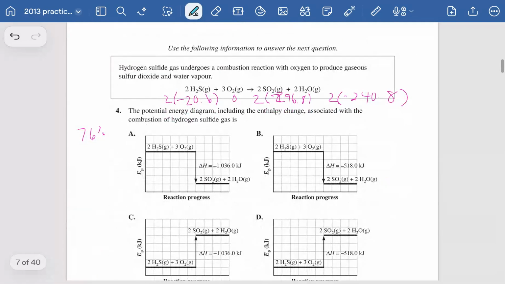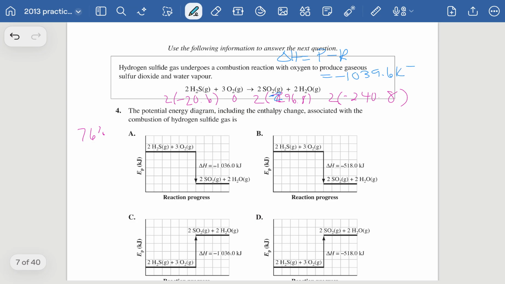Question number 4 is showing potential energy diagrams, but it's not telling you the delta H. So same thing, I just went ahead and filled in some values. This one's very messy, but this is negative 296.8. And you're doing the same thing as before. You're taking your delta H to find the reaction's enthalpy, products minus reactants. When you do that, you'll figure out that your enthalpy is going to be negative